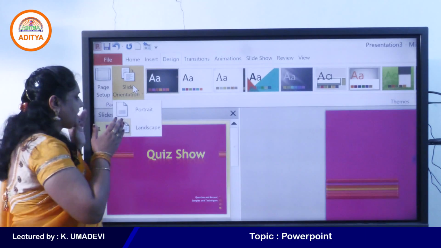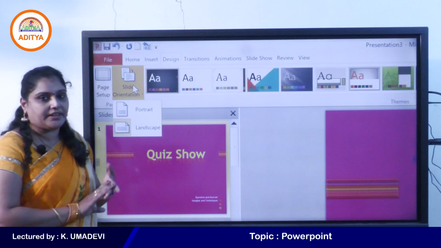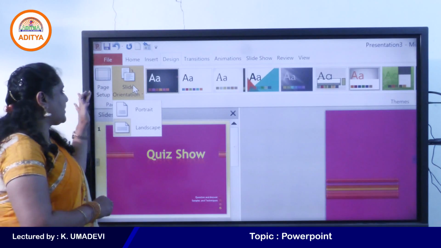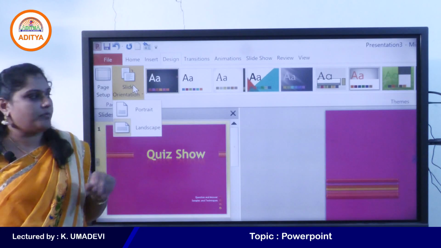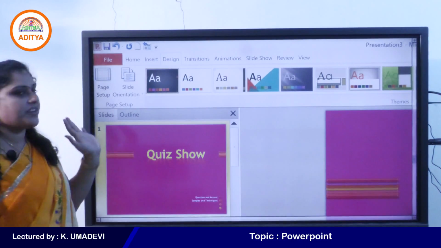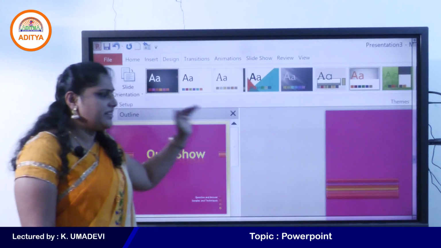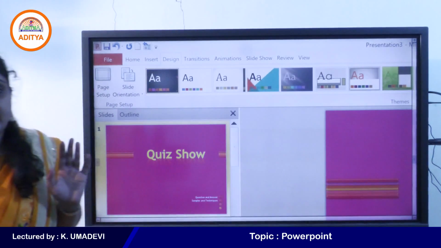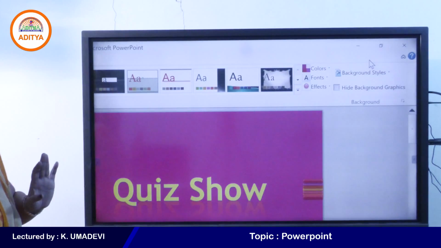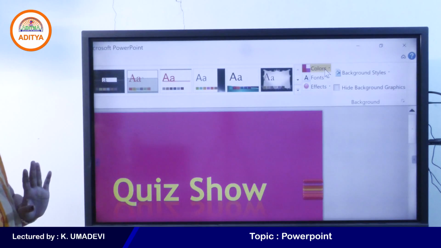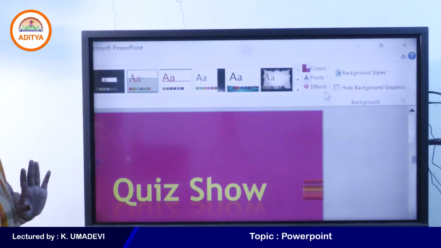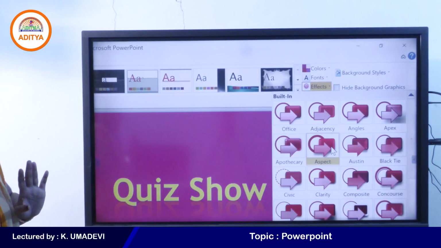If you want to change the orientation, select portrait from this tool, that is slide orientation, or under the page setup dialog box. So the design tab contains page setup, slide orientation, all the design templates which we call themes, and background styles. And again, themes contain the colors, fonts, and effects, different types of effects.